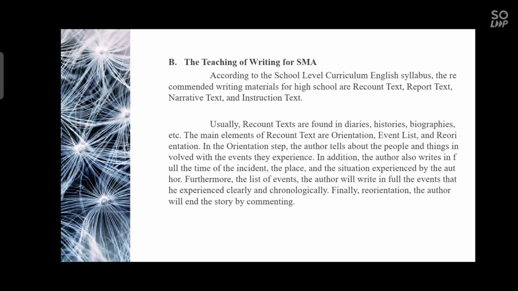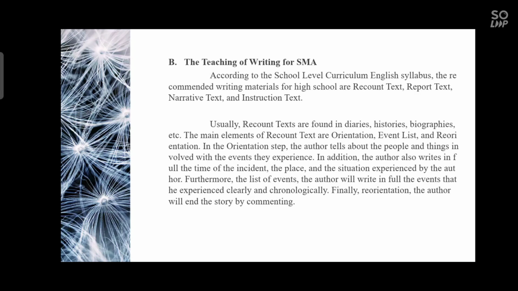B. The teaching of writing for senior high school. According to the school level curriculum English syllabus, the recommended writing material for high school are recount text, report text, narrative text, and instruction text. Usually, recount texts are found in diaries, histories, biographies, etc. The main elements of recount text are orientation, event list, and